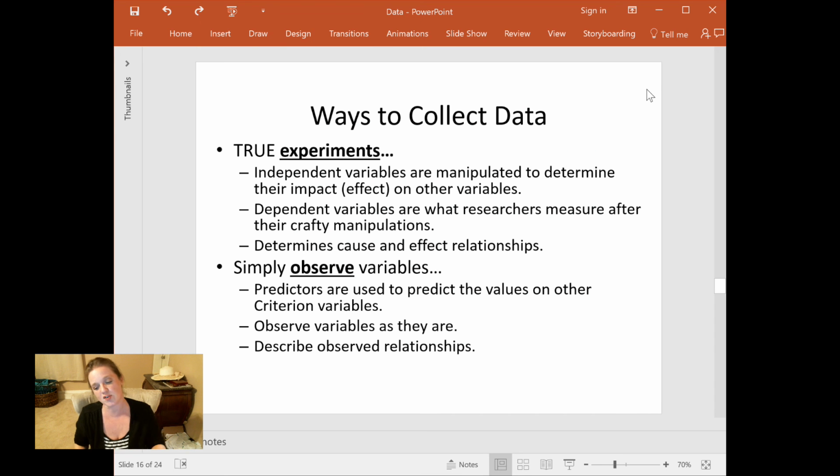And what you need to know for the purposes of this class is you can only say anything about cause and effect, A caused B, X caused Y, smoking marijuana causes things to happen in the brain, if you do a true experiment where the researcher manipulates things actively. If you're simply observing or measuring things as they actually are in the world, you're doing what's called an observational or a correlational study, and you can't make statements about cause and effect. You can't say marijuana causes anything. You can just say they seem to be related in some fashion.